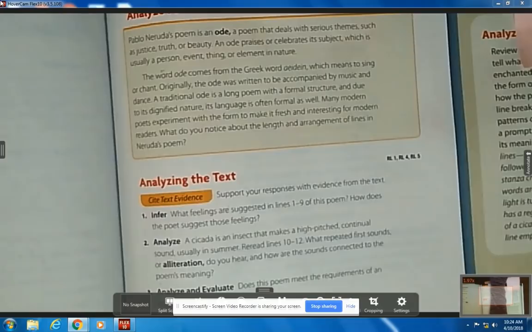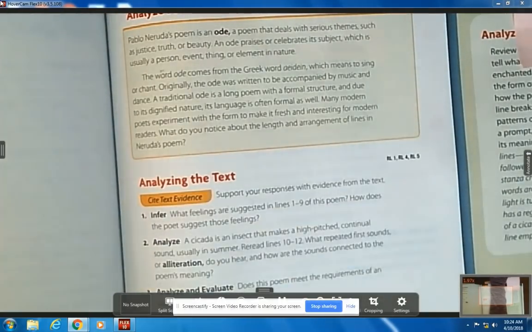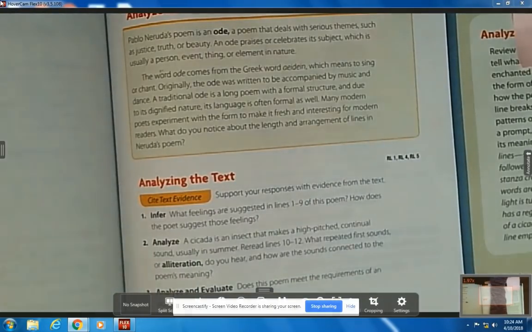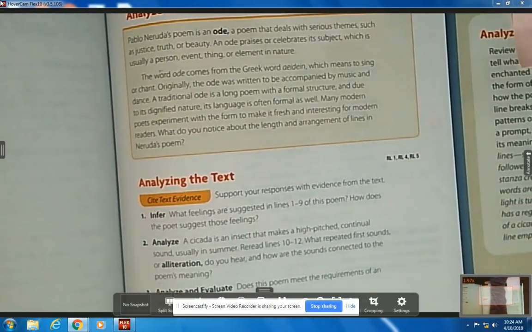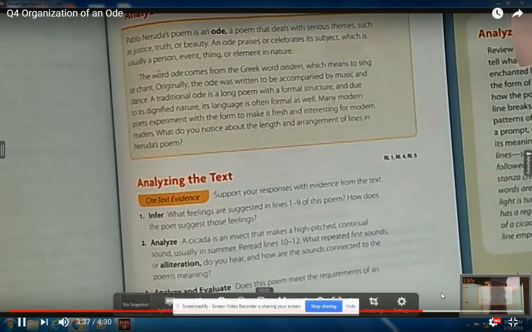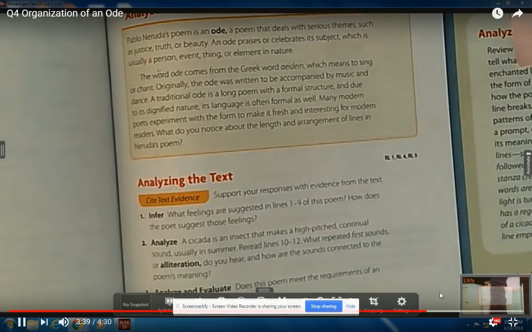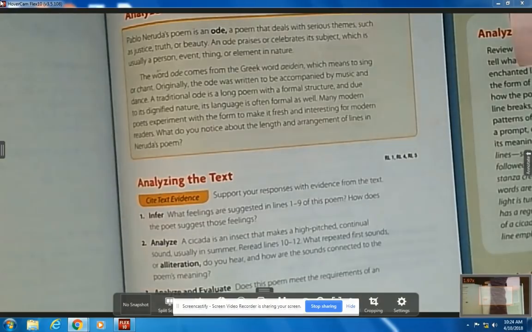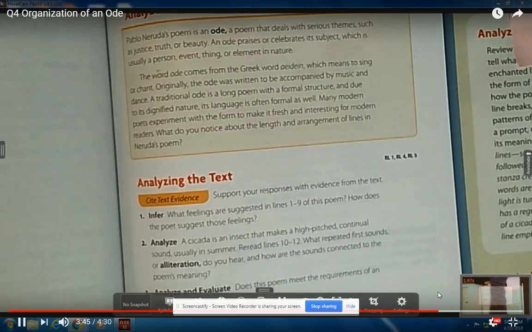Ode to cheerleading. Ode to musical theater. Ode to Fortnite. Or you could do an ode for an element in nature, just like the author did. Ode to sunshine in Western Pennsylvania. Whatever. Ode to the beach.